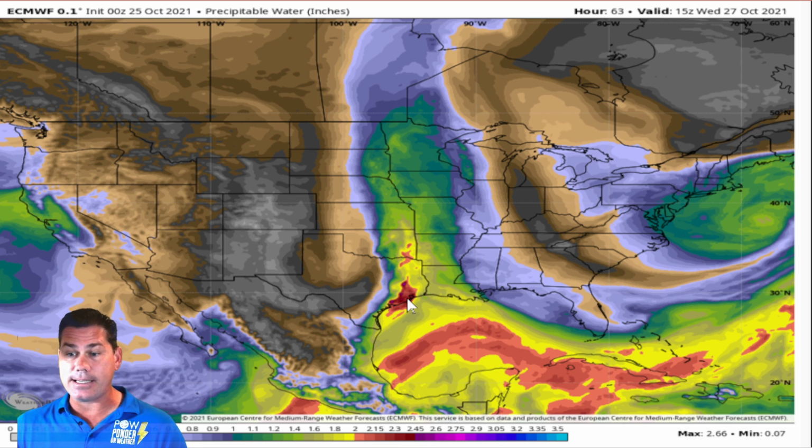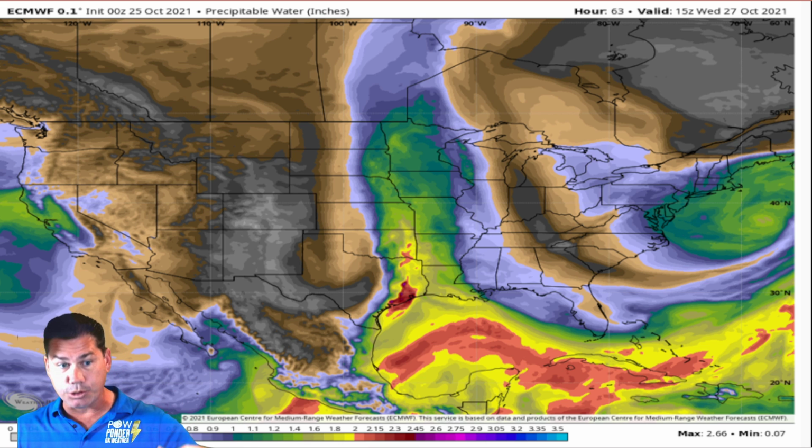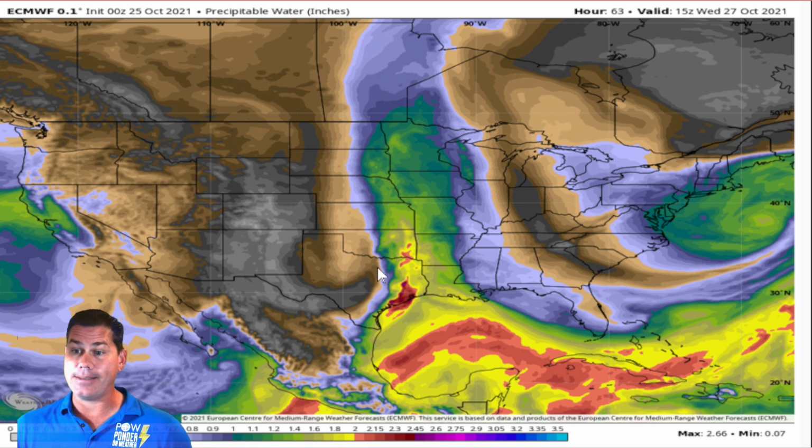And so that's why we're seeing some of those reds pop up with deep tropical moisture as the convergence from the backside. Once that front moves through Dallas, it's going to be really nice. It clears out really nice. You've got cooler, drier air, and it's probably going to be 70 degrees as a high temperature coming up on